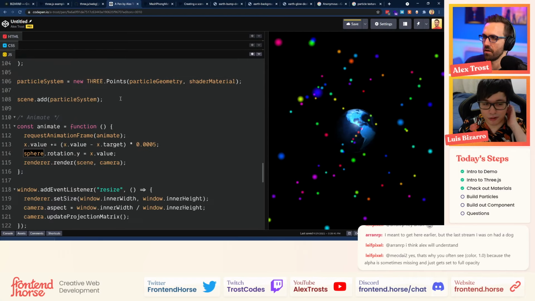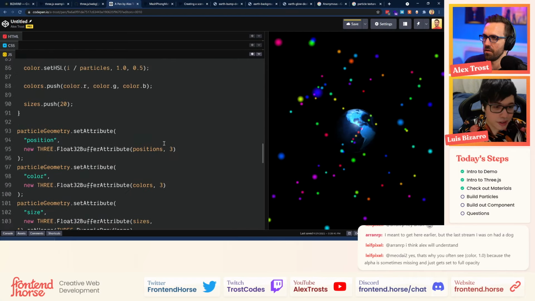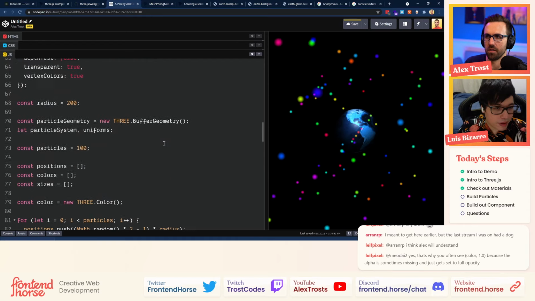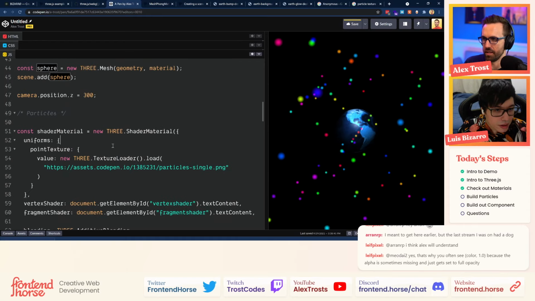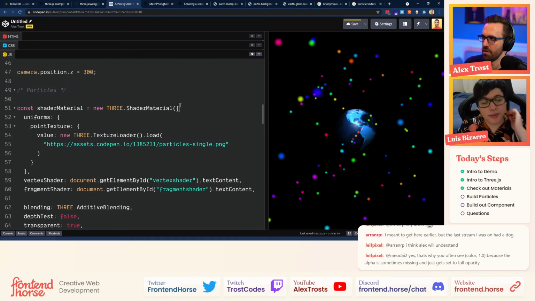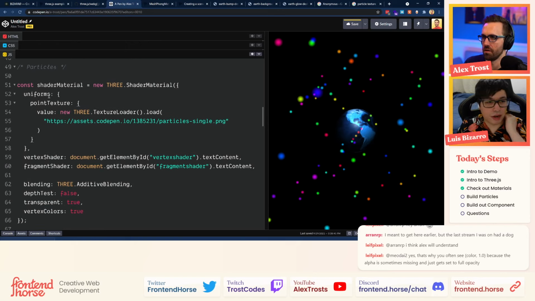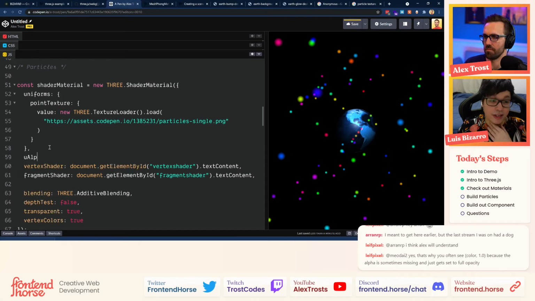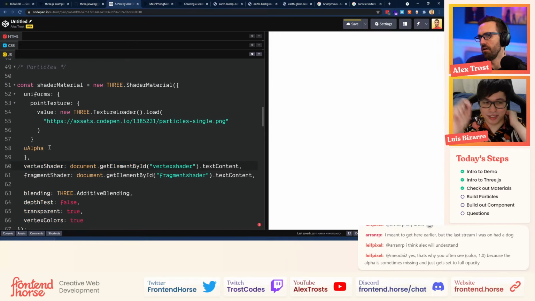We're going to create this u alpha in the shader itself. So in the shader material, you can just create the u alpha, a new object inside of that. Yeah, u alpha, it can be the value. Oh, it's inside the uniform. Got it, so I just need to move that. Yeah.